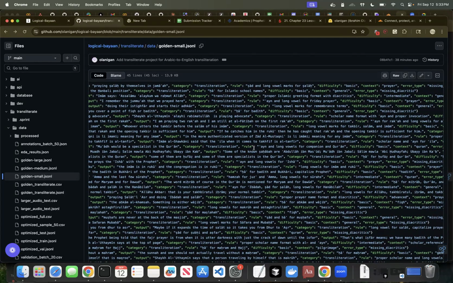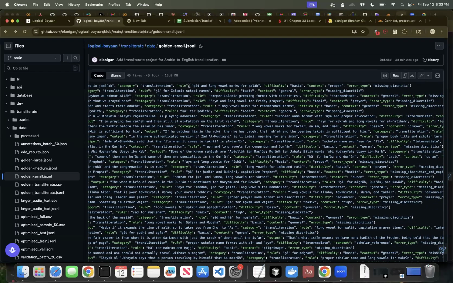I have a category here, transliteration. And using AI, I've been able to extract the rules. For instance, here you can see this is a rule. All of this is based on, like I said, Mesa's feedback and training materials, and I'm able to categorize it this way. So this is very rich. That's one of the things you can think of if you're